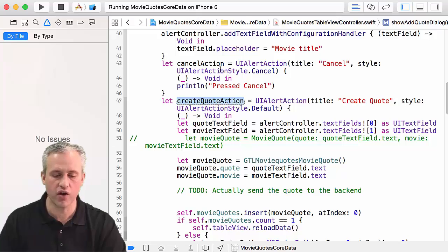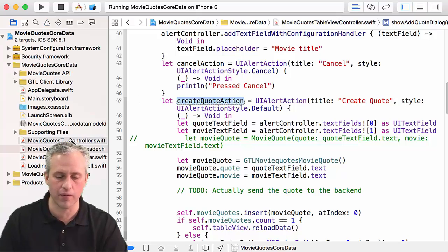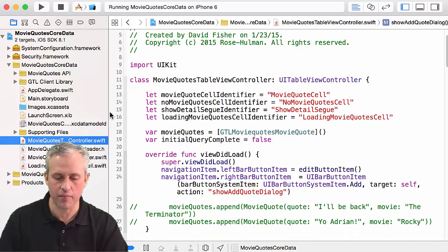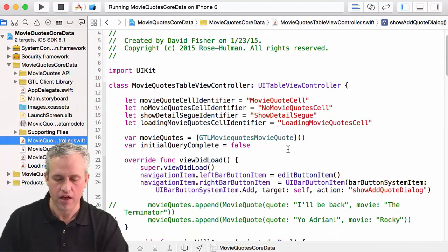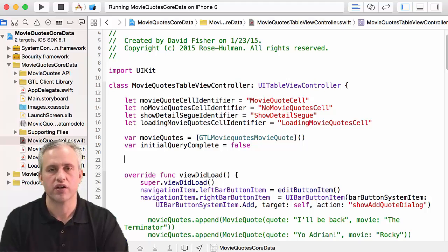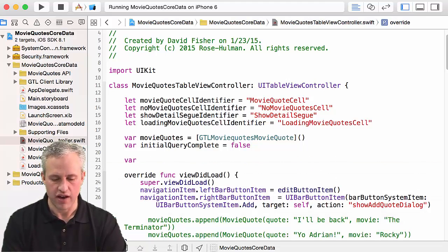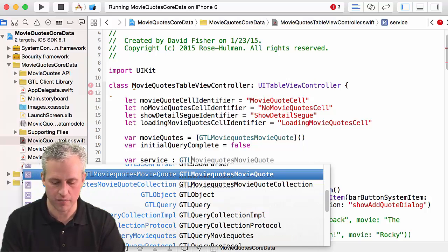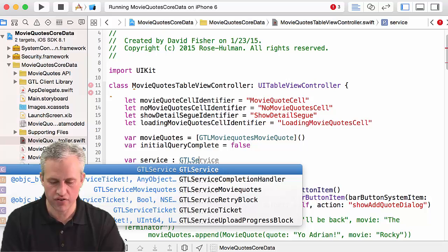So let's just go ahead and go into our MovieQuotes table view controller. And you can add this code wherever you'd like. I'm going to choose to add it somewhere near the top. And what we're going to do is use this lazy loading strategy. So we're going to make a variable called service. It's going to be a GTL service